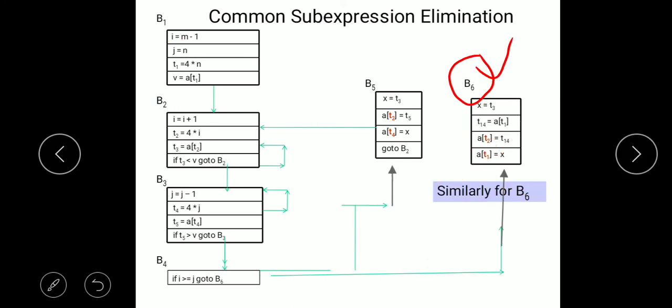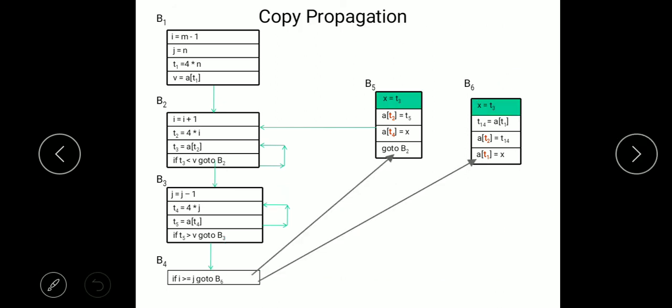Now we will apply another code optimization technique that is known as copy propagation.